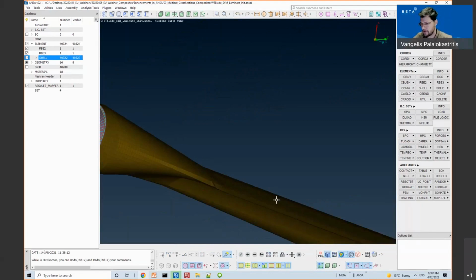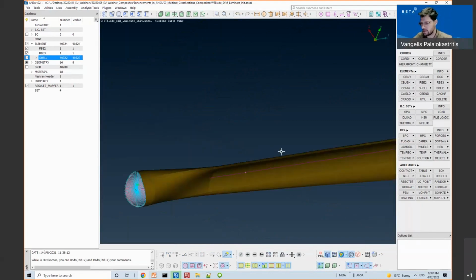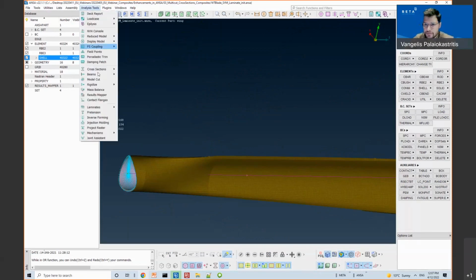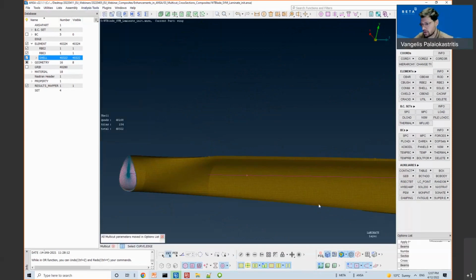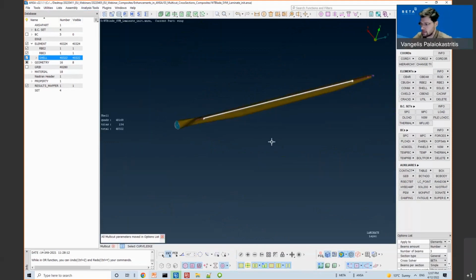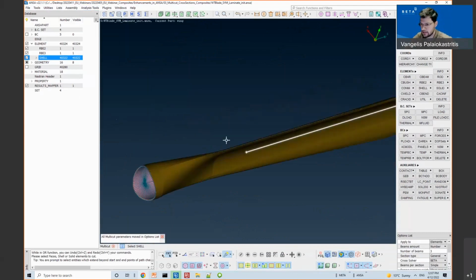And I will perform a multicut on this cell model. I will select this curve, and the cell elements that are going to be cut.